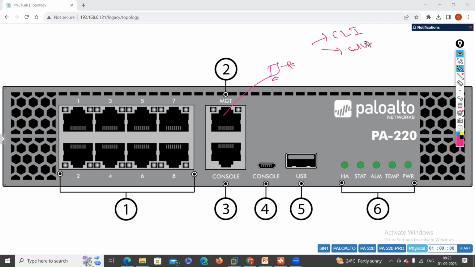This management interface is enabled by default with administrative services or management access. The services enabled by default are HTTPS, SSH, and network services, with ping enabled to check reachability. These three services are enabled by default, whether it is a hardware model or a VM model, guys. So what you can do is directly connect your Ethernet cable from your management